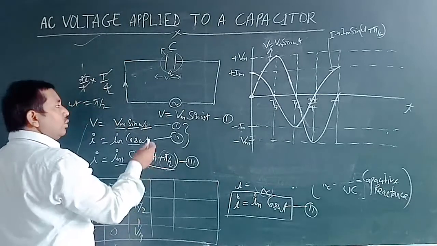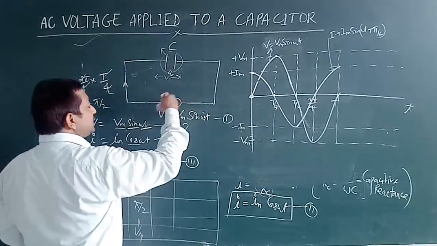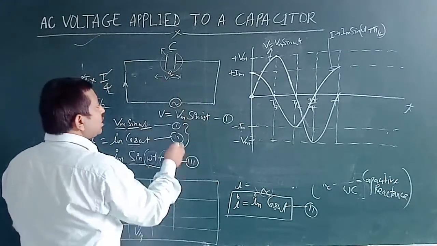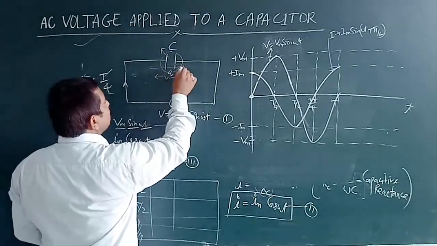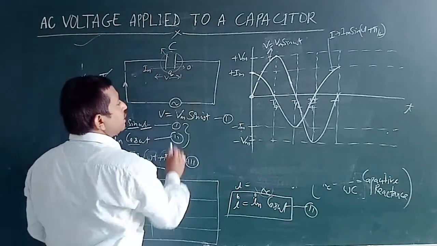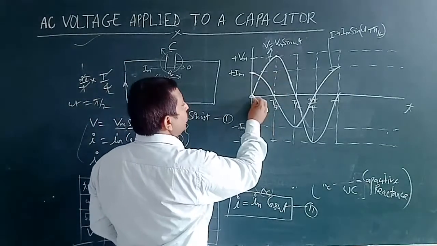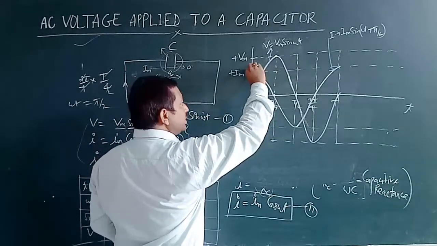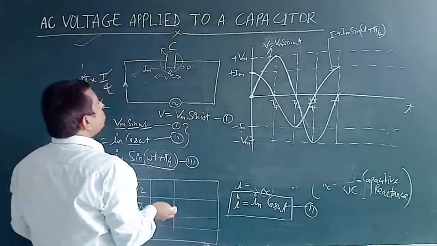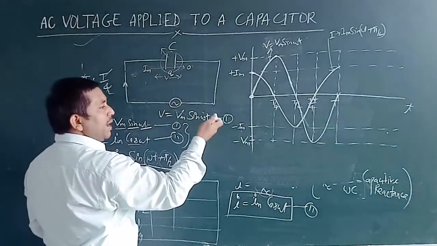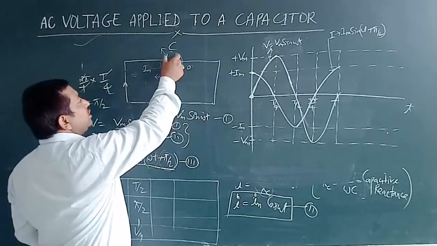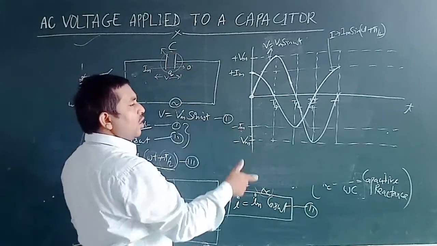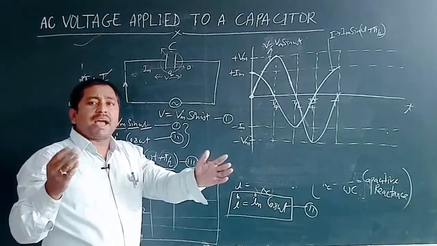So initially when we supplied the voltage, the voltage increases from its 0 value to maximum value, but current through the capacitor goes from its maximum value to 0 value. Initially you are seeing from this graph, when potential increases from 0 to its maximum value, the current decreases from its maximum value to 0 value. So initially the current flowing through the capacitor is maximum, and as the capacitor fully charges, the current stops and the potential across the capacitor becomes maximum.